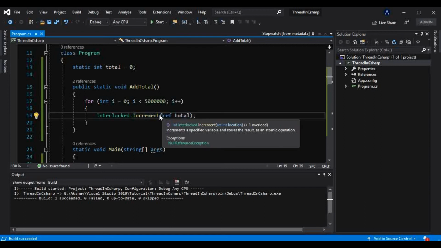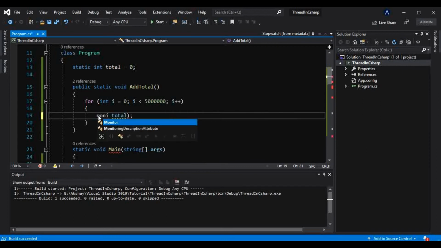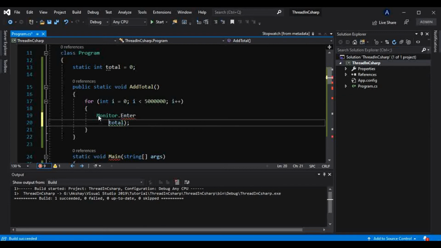Okay, and for that, instead of this increment, we can use the Monitor class, and that is what the Monitor class is used for, thread safety. And how we can use that, let me make that object first.